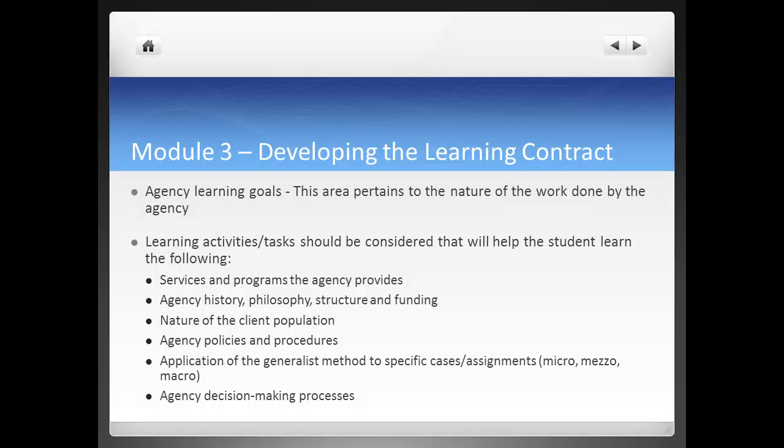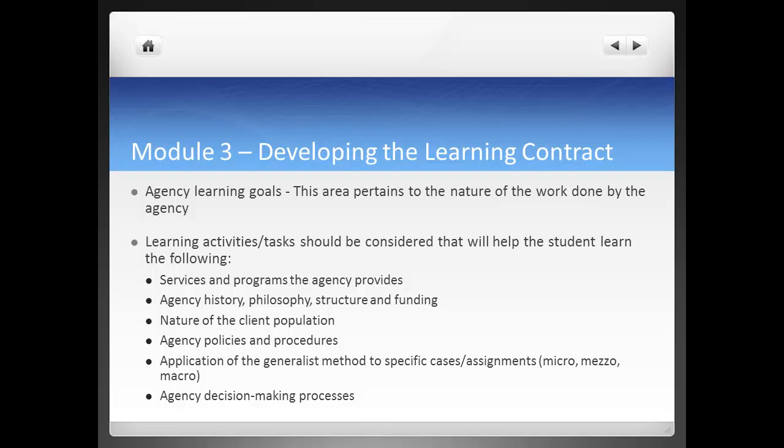Agency learning goals pertain to the nature of the work that's done by the agency. So potentially considering tasks that would help the student learn what the services and programs the agency provides, the agency history, philosophy, structure, or funding, nature of the client population, agency policies and procedures,